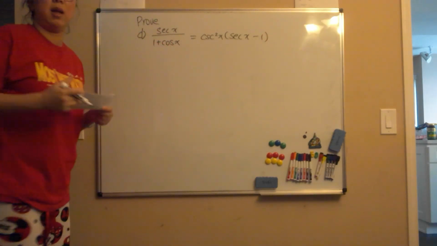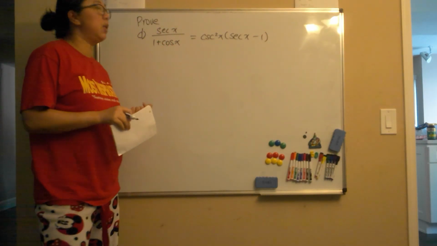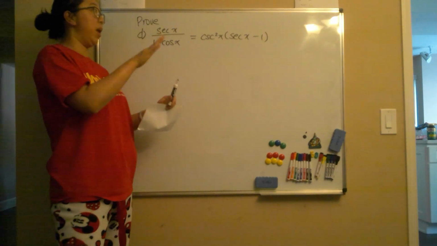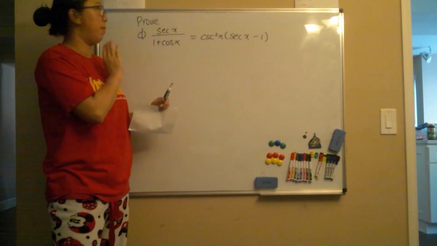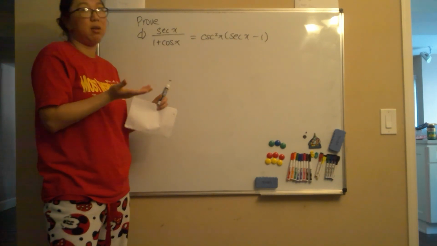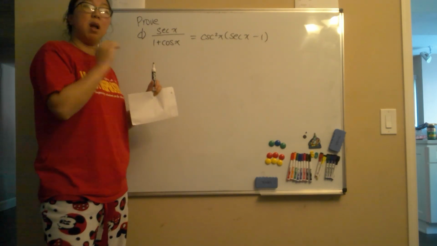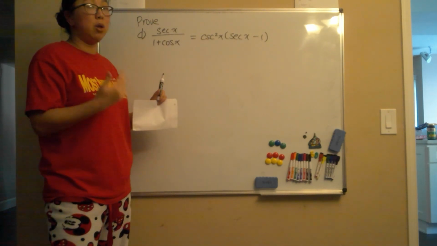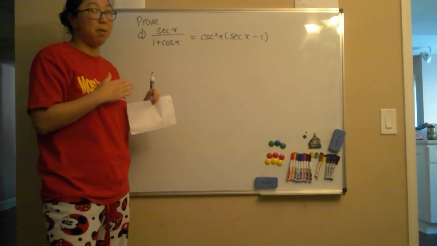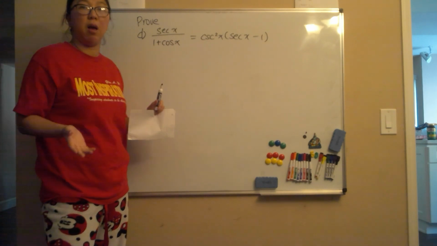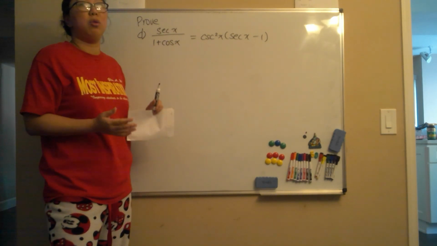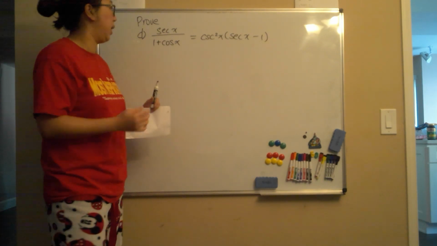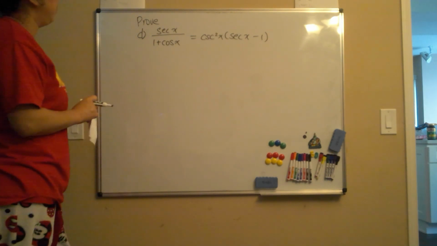Now here's the thing, guys. A lot of times when you're doing proofs, there's no "oh, I see what's happening right away," like, I have a plan, I know how to do it step by step. A lot of times, you just literally have to try. And if it's not working, then you retrace your steps and figure out what happened. And if there's no error, that means this particular method might not work for you, so try something else. There's really no other way to do identities or proofs other than really trying. So on this question,